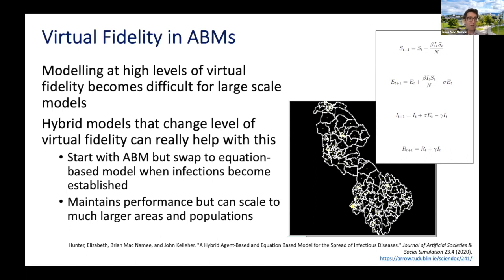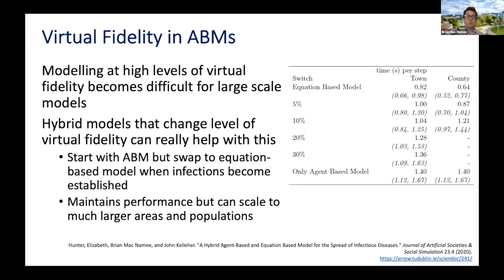So what we did in this paper with this hybrid agent-based model was essentially set up a system where we would flip back and forth between the agent-based model and a much simpler equation-based model for disease transmission, depending on the rate of infections in particular areas. And what we found with that is we get very similar results, but with much less computation. So we played around with different switching rules for how exactly you'd know whether to go up or down in terms of which level of granularity we were going to simulate at.